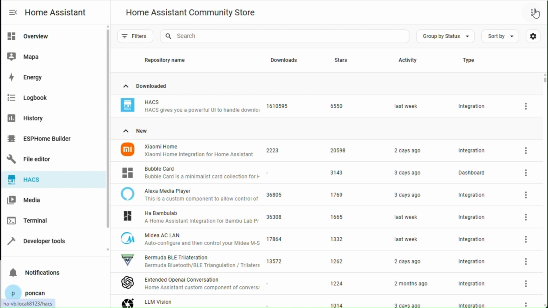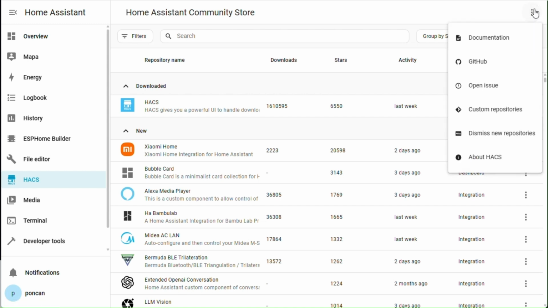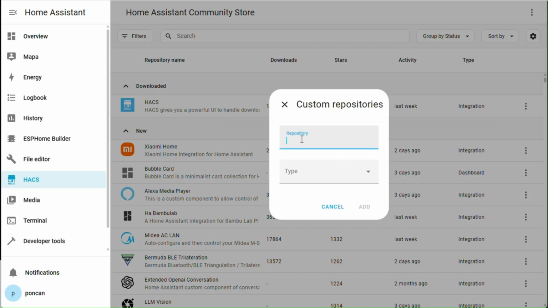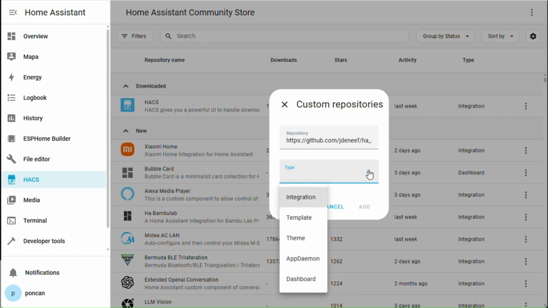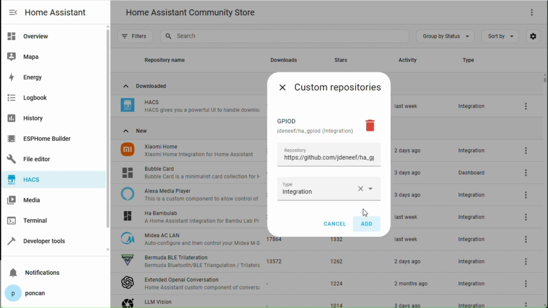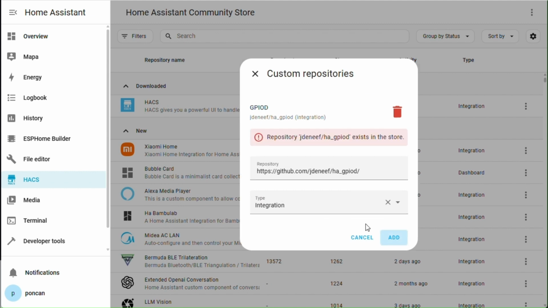First, we'll install the GPIOD integration. We'll need to go to Custom Integrations and enter the link. Add. In our case, we already have it added.